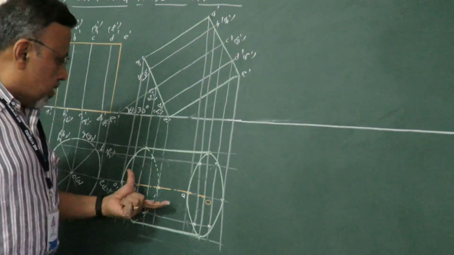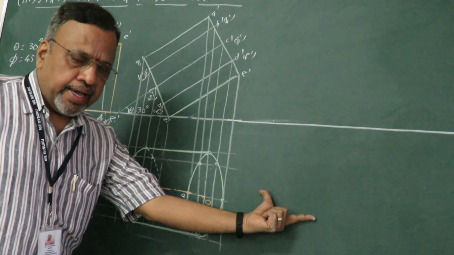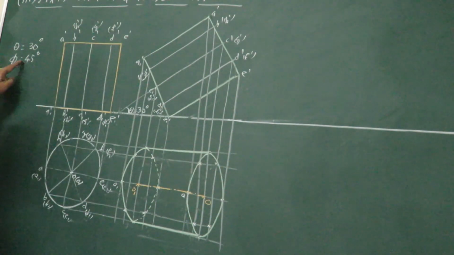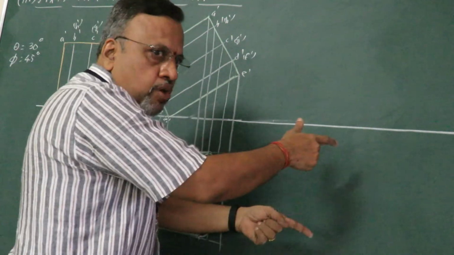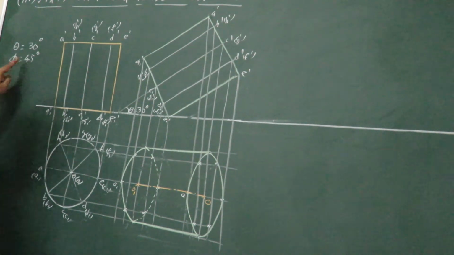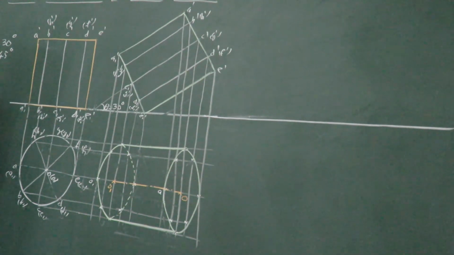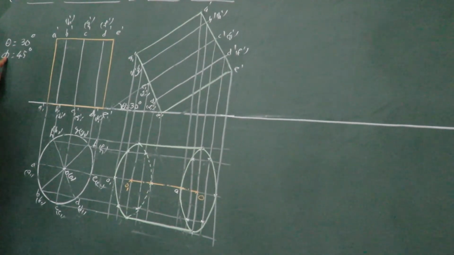Now I told you that we need to do the third stage. So in the third stage, I need to satisfy the inclination of this particular axis with reference to VP. I have given that axis is inclined at 45 degrees to VP. Anyway, due to that, we need to redraw this figure. Now we just observe one thing here. I have given this axis inclination 45 degrees to VP, and whenever I say phi, you remember that we have just told you when we did projections of lines, that this phi and theta represents true angles. And always remember, these true angles should go with true lengths only.